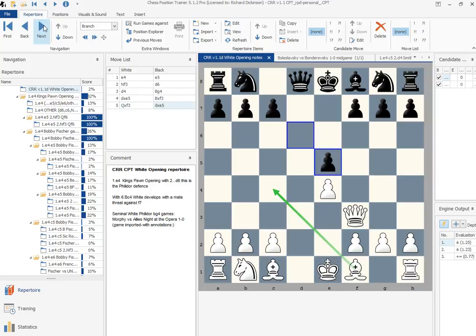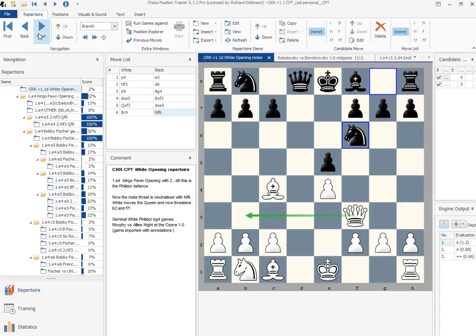Black captures the pawn, and Morphy develops the bishop, and this is the feature of Morphy's play. Morphy loved to develop quickly and develop with threats and develop with initiative almost, and here bishop c4 sets up a checkmate threat from the queen and the bishop. That's easily parried. Black can parry it with a simple developing move, knight to f6, but Morphy now takes the